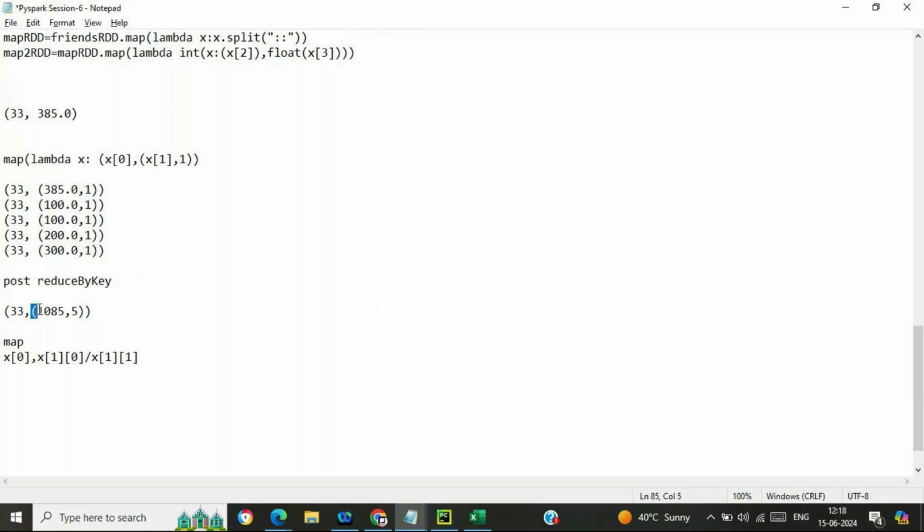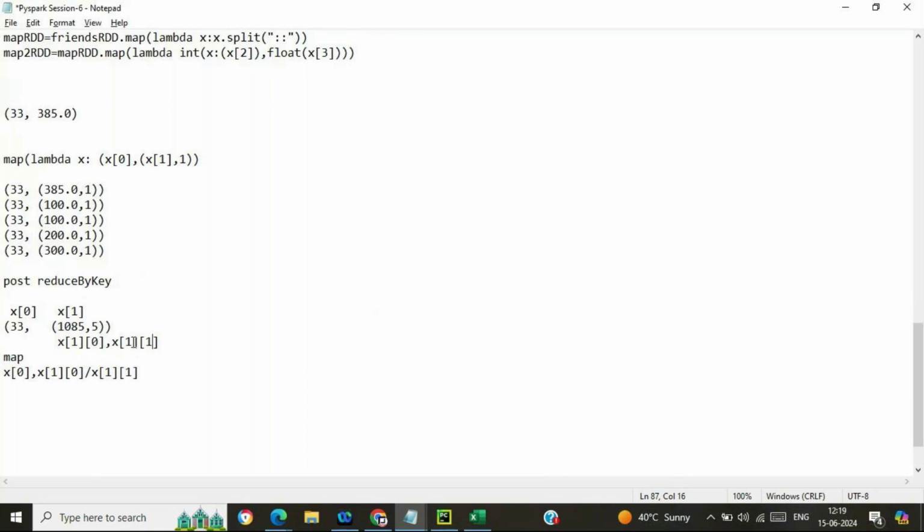So this x of 1 has two elements. If we further segregate, 1085 is x of 1 0, and then 5 is x of 1 1. Okay, got it.